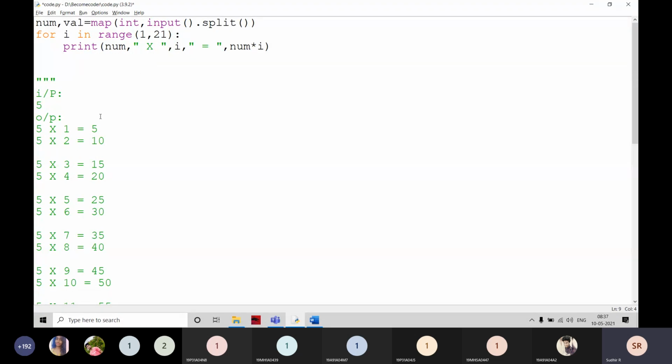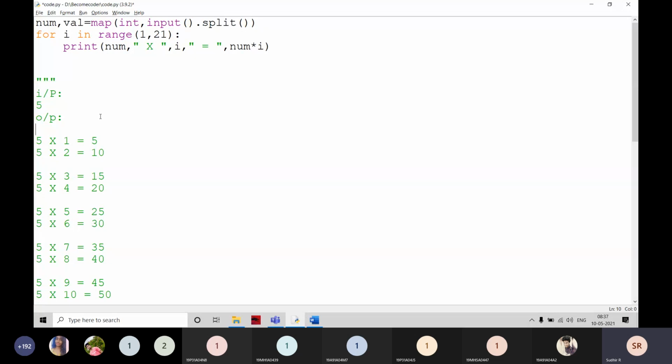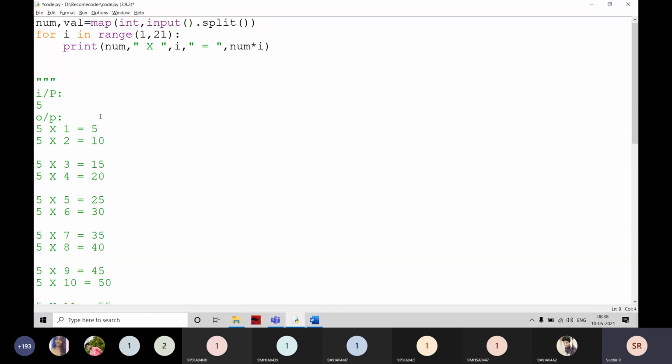For example, if I go for a 3 table, this is going to be 3, then it is going to be 6. I want a new line, and the next one, for example if it is a 7 table, 7 is an odd one, and the next one is going to be 14. Then I want an extra line, then 21. Yes, 21 is not an even number. Then it is going to be 28. I want a new extra line. I am going to write on the even number every time.